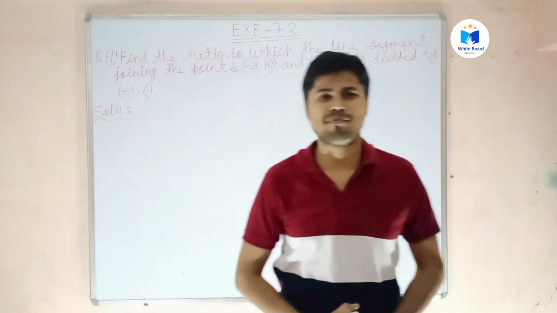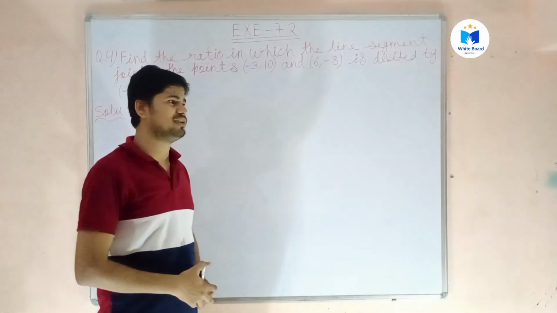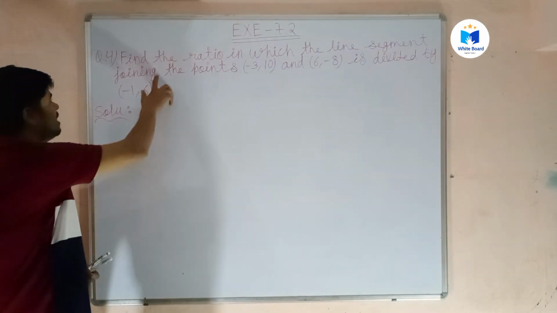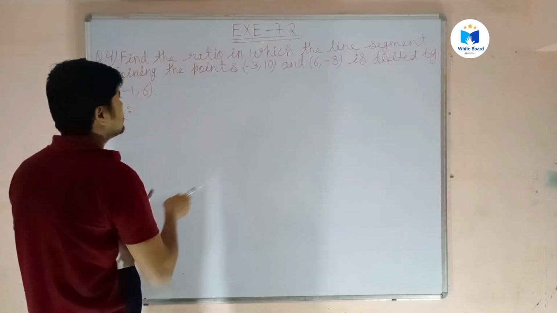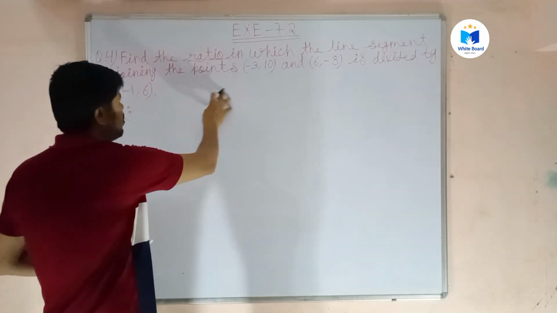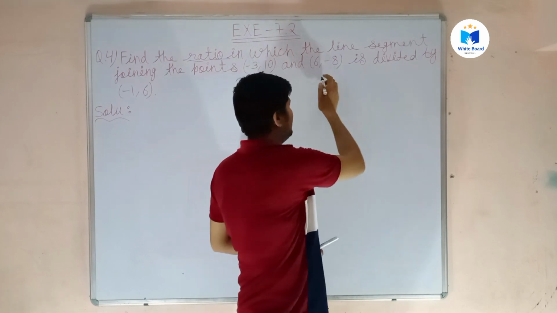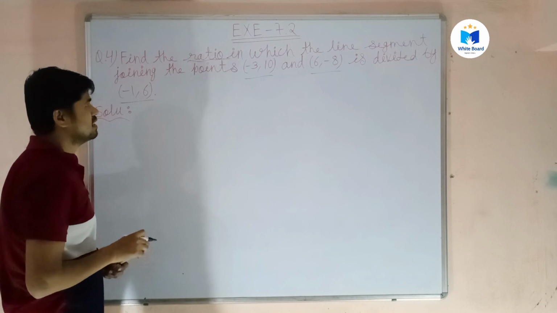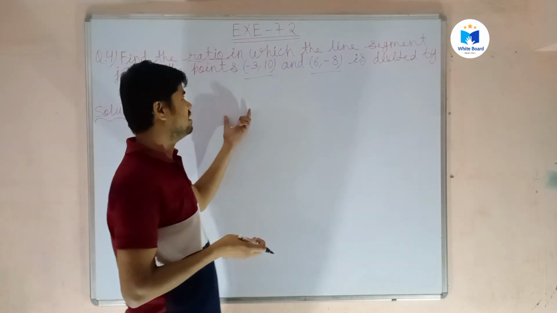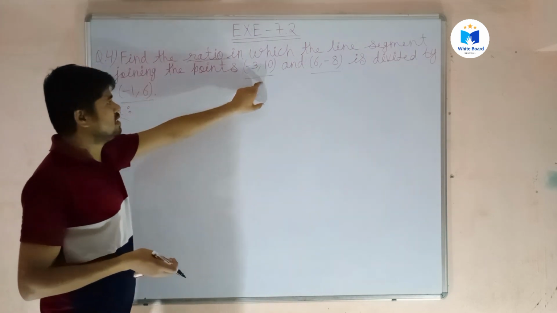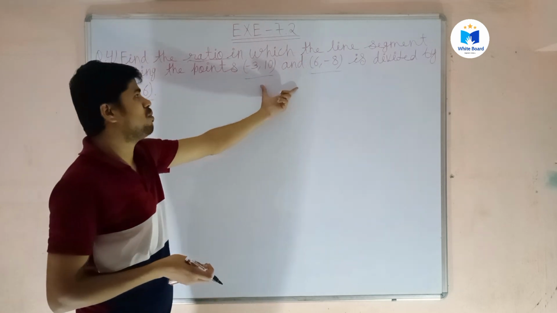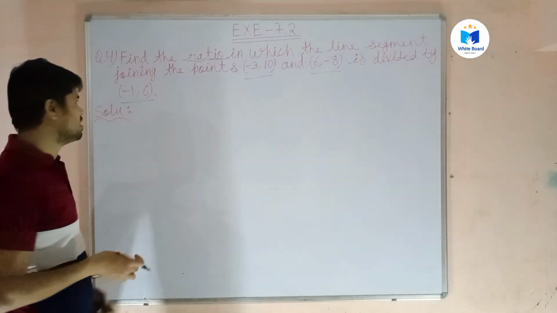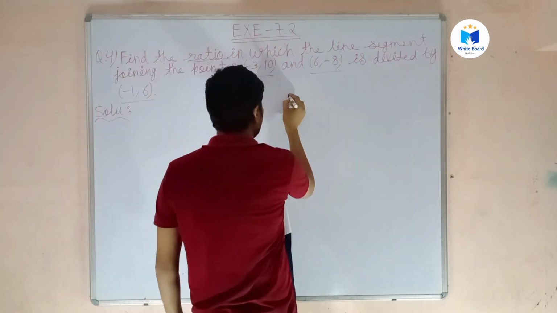Exercise 7.2, question number 4. In the last class we did question number 3. Now the question is: find the ratio in which the line segment joining the points (-3, 10) and (6, -8) is divided by (-1, 6). यानी कि हमें वो रेशियो निकालना है जिसके द्वारा ये लाइन को ज्वाइन करने वाले दो पॉइंट को डिवाइड किया गया है और जिसके कोऑर्डिनेट है -1 और 6। तो फर्स्ट ऑफ ऑल हम सपोज करते हैं कि ये हमारे पास लाइन है।